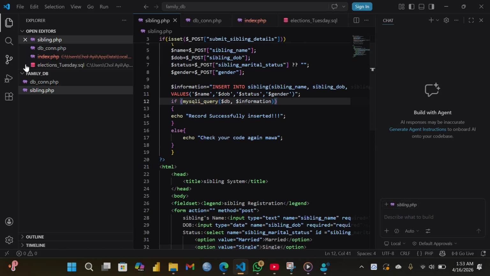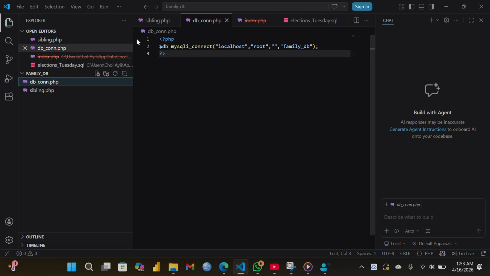Then after you finish that, you come to your family folder in your VS Code. Then you click where it will indicate new file. Then you create db connect php, which I have already done here. Then you write your PHP codes of connection here. After you are done with this,